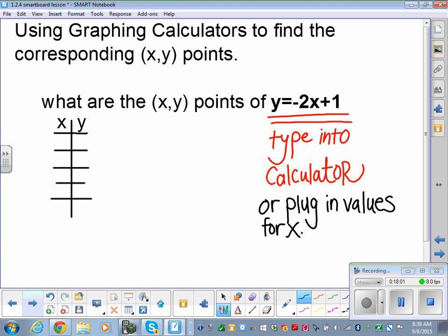Why not learn to use these beautiful things that we've paid so much money for? So everybody get out your graphing calculators. If not, just watch. And then there is somebody at your table today that you can work with. And then you'll get that here shortly, okay? So everybody look how cool this is. So notice it says